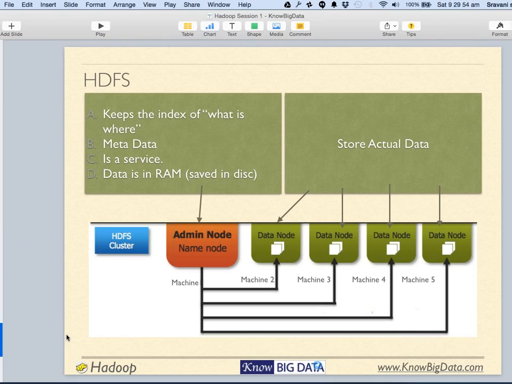Okay. So name node stores data in the RAM, which is metadata, meaning information about which file is where. Also, this RAM is also stored on the disk, so in case the name node shuts down, the data is not lost. All right. Now, data nodes are designated only for storing the data and nothing else about the file. So name node is kind of a master and data nodes are kind of slaves which store the data.